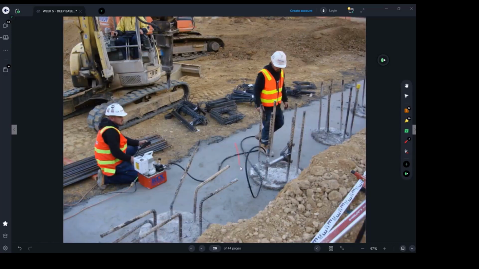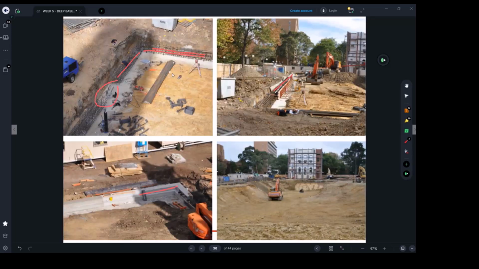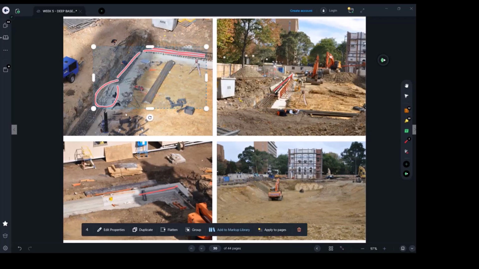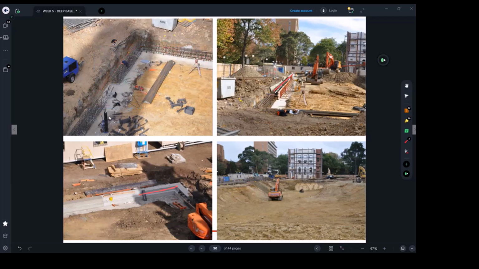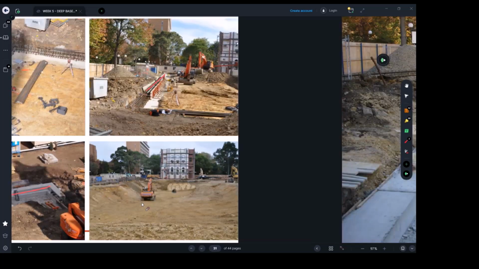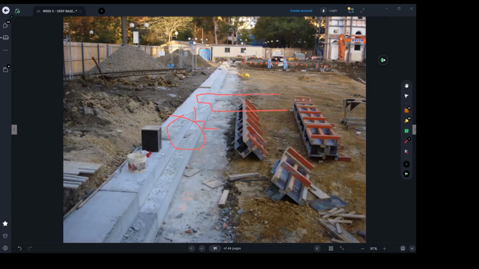Don't get confused. This is not a pile cap. This is just preparing the ground. Still the pile cap is going to come and sit on top, right? I will take you through all that again. Here they're putting the reinforcement for the pile cap. Until now we did not excavate for the basement. We did not do that, right? As soon as we finish pouring the pile cap, we can start excavating for the basement,